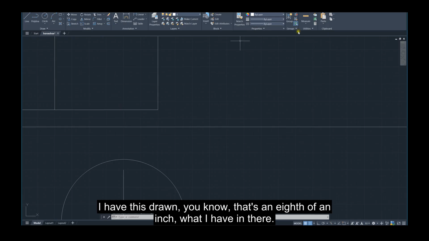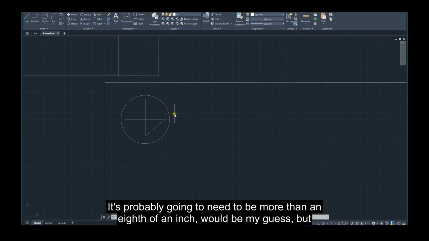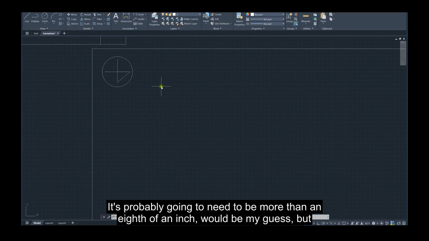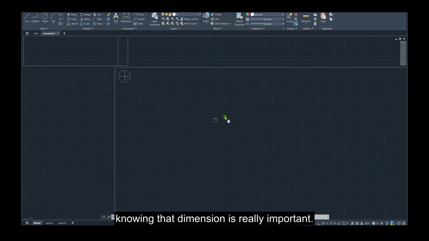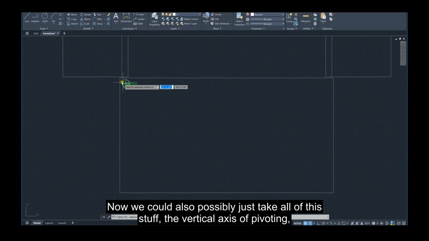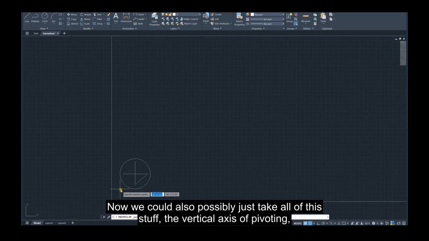I have this drawn, that's 1/8 of an inch what I have in there. So what's that gap going to be? It's probably going to need to be more than 1/8 of an inch, would be my guess, but knowing that dimension is really important. Now we could also possibly just take all of this stuff, the vertical axis of pivoting,